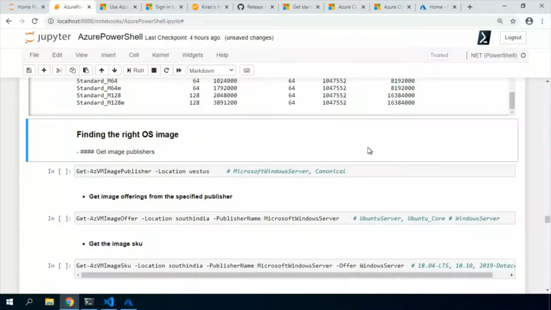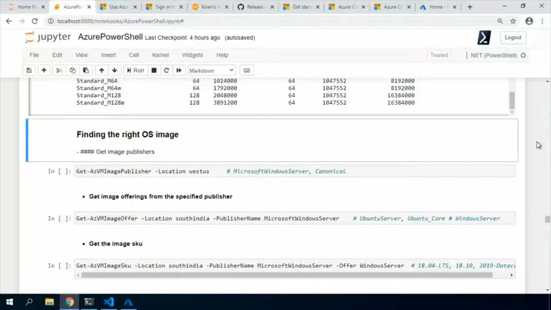Okay, and with that, suppose I want to create a VM, we need an image. If you want to create a Windows VM, we need a Windows OS image. If you want to create a Linux VM, we need a Linux OS image. We know Linux and Windows pretty well, but there are many other providers for different purposes.